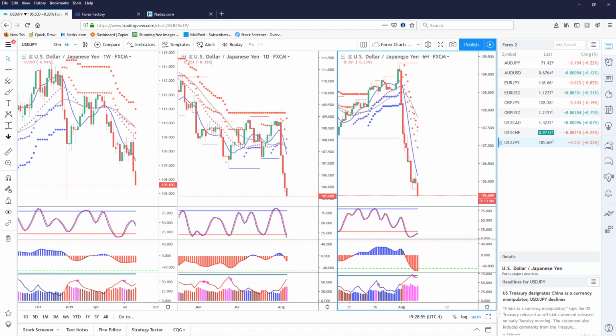Yeah, to me, if you wanted to go short, back here on the daily would have been a better time to do it. But right now, after this huge drop, is not the time to be shorting. Let it retrace some. I call it normalize. I want to see it normalize and then I'll re-enter.